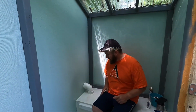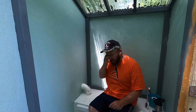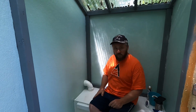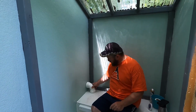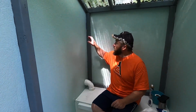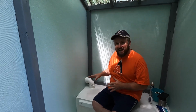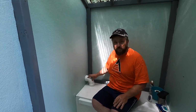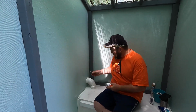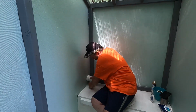All right, so this is how I figure it will be the best, easiest way to go about it. I want this vent to kind of be out of the way of everybody and everything. So what I'm doing is just placing a 3" 90 in, because I want this 90 to be as tight as can be up there, and I want this whole installation to be tight. I'm not going to add any hangers. Instead, I'm going to use glued joints to hold this all into position. So I got the 90 exactly tight against the wall and tight against the bottom, and I'm going to take